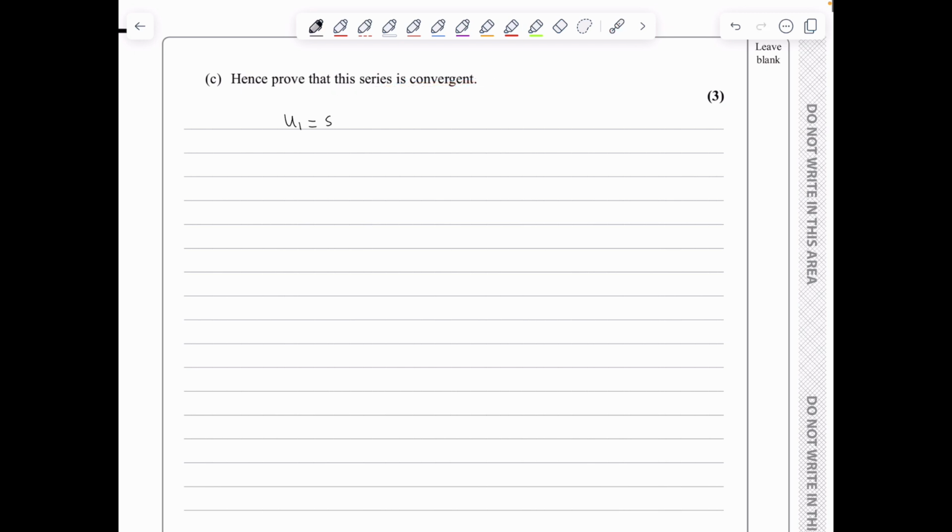So u1 is sine theta, which is equal to sine of 128.7, which gives an answer of 0.780. Whereas u2 is cos theta, which is cos of 128.7, which gives an answer of negative 0.6248. Well, the common ratio of a geometric sequence is u2 over u1, so in our case it's minus